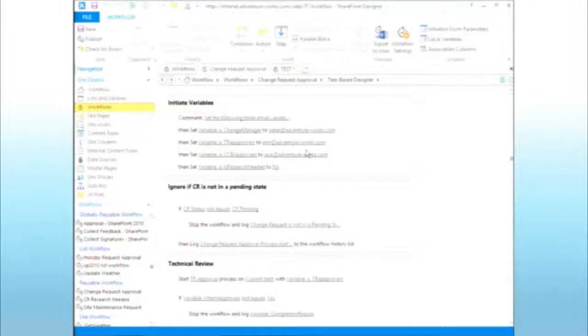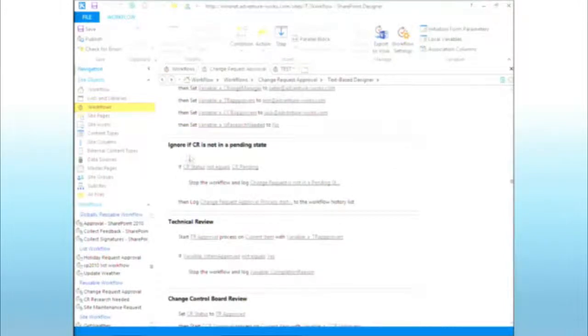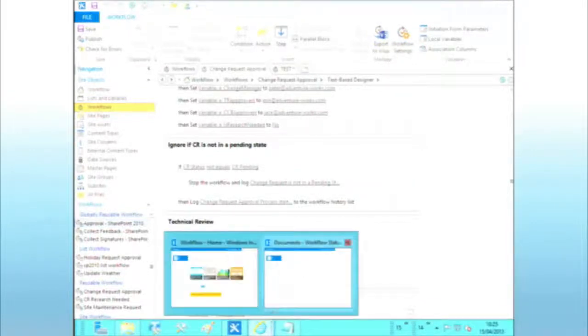So if you are using something an awful lot, then it is good to actually load it into a variable and then use the contents of that variable. So here is initialize my variables. The next stage here is going to test to see if the column is in a CR pending status. So if I go back to my workflow now,